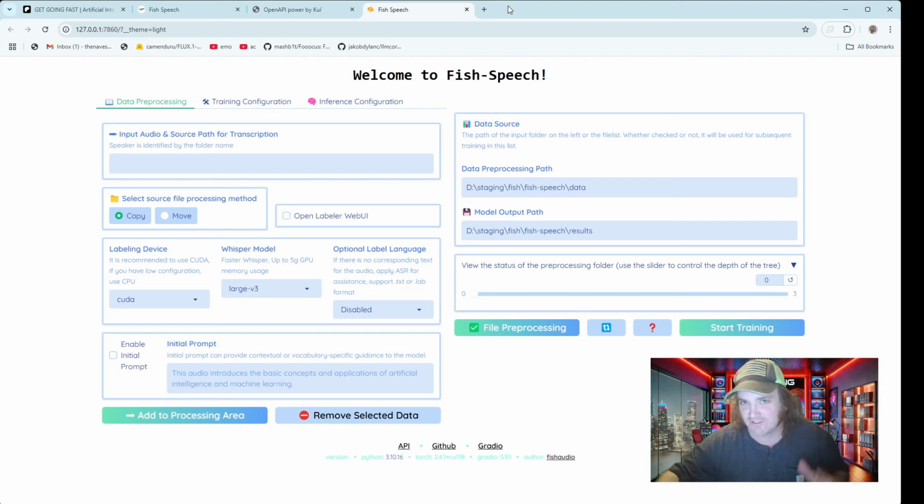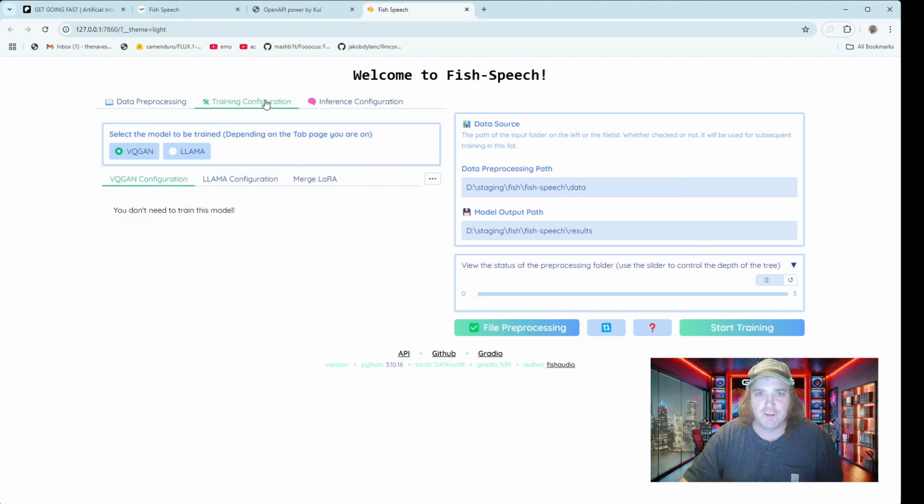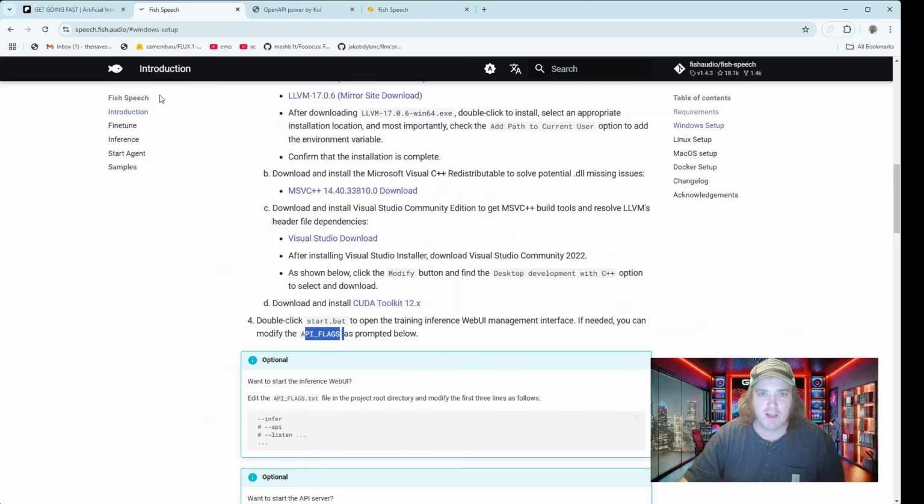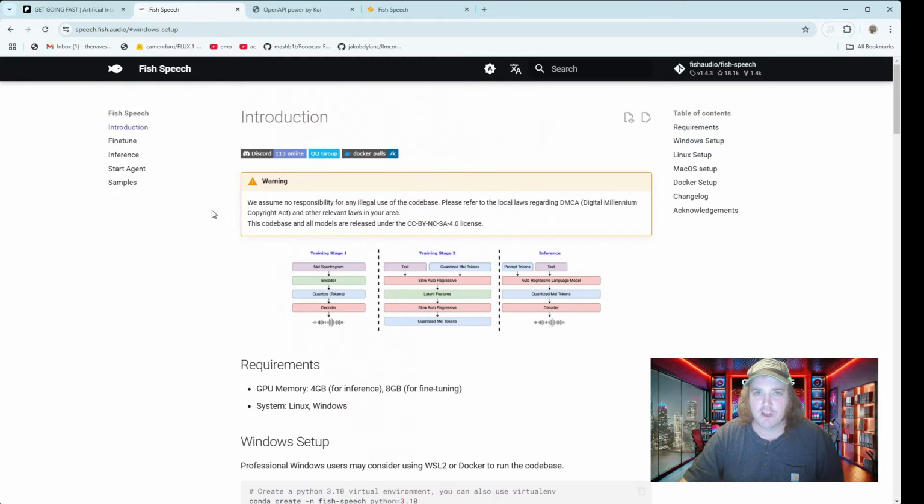Now you go fast, okay, with it. So you're going to play around with all of this stuff. This is where you're going to process your data. You do your training configurations, all this kind of stuff. I can give you a little bit of a heads up here that if you go back to the documentation,